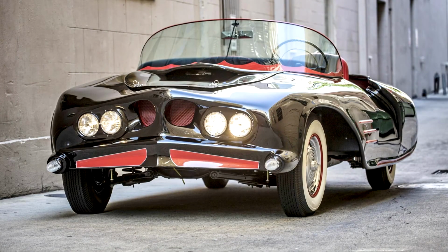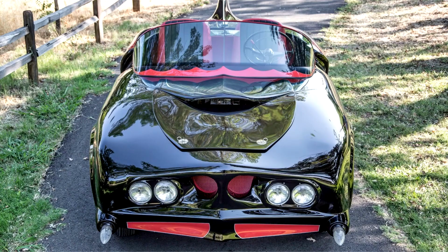Oldsmobile Batmobile by Forrest Robinson, 1963. Claim: Forrest Robinson built a Batmobile in 1963, predating the Batman TV series and making it the first live-action Batmobile. Status: mixed. Origin: in the early 1960s, a young car builder named Forrest Robinson took a 1956 Oldsmobile 88 chassis